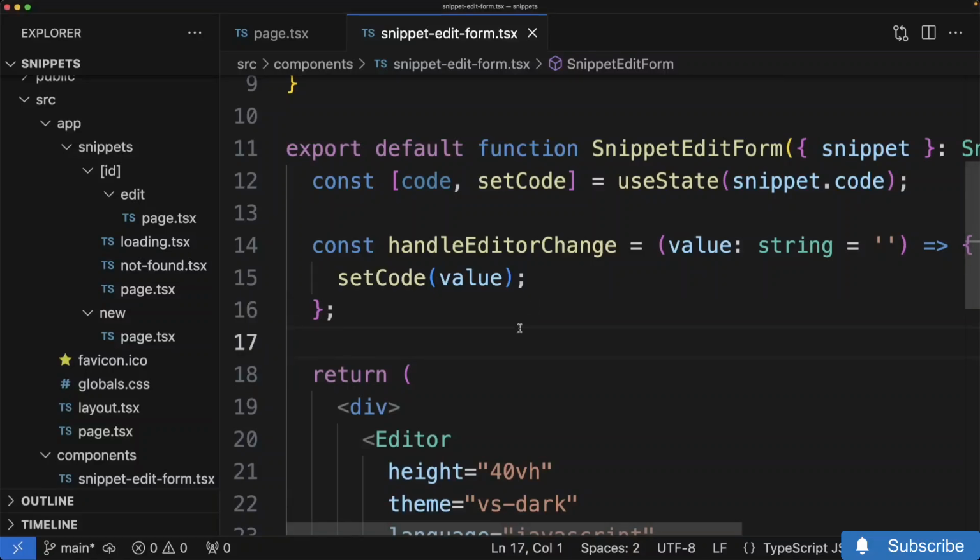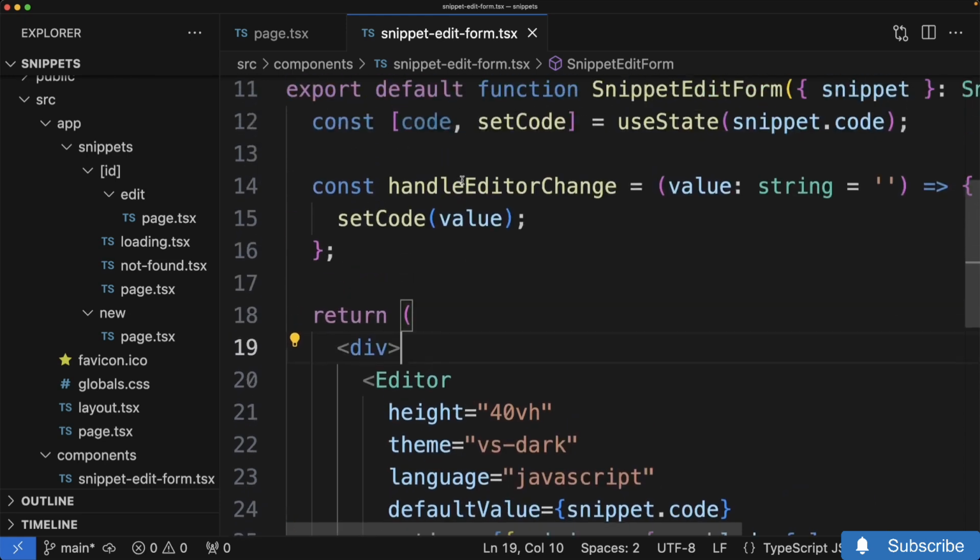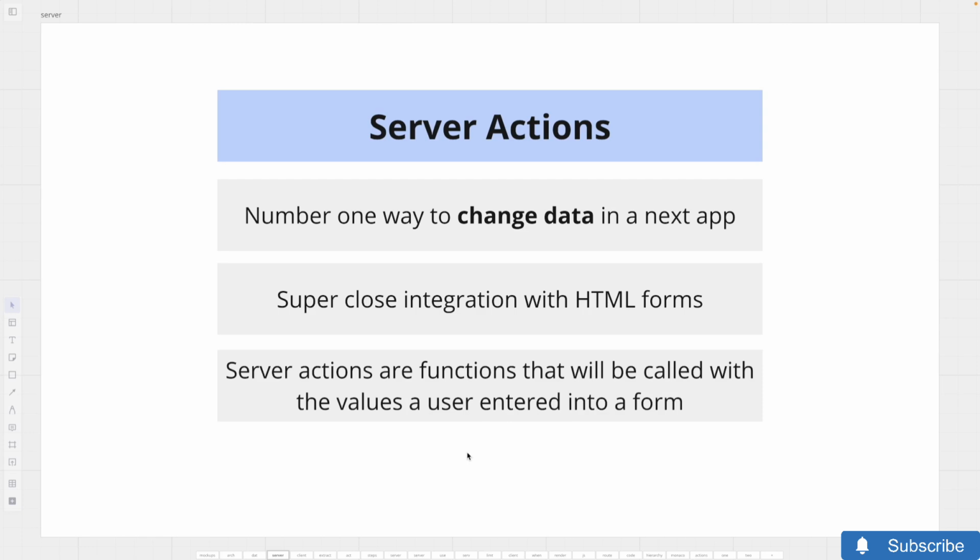The last thing we have to do inside of our snippet edit form is allow a user to save a changed code snippet. So we need to add a button in here or something like that. Whenever a user clicks on it, we're going to save our snippet to the database. Whenever we talk about saving or changing data, remember, we're always going to try to do that by using a